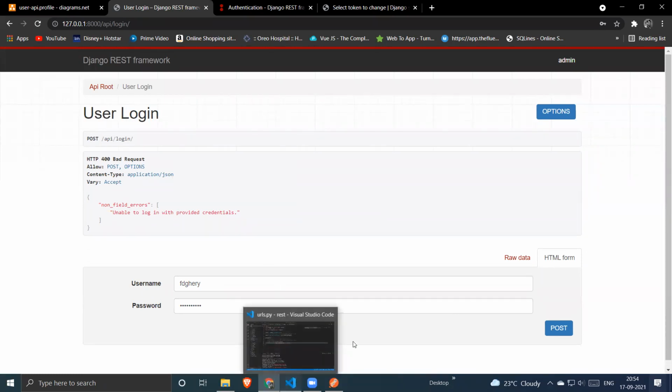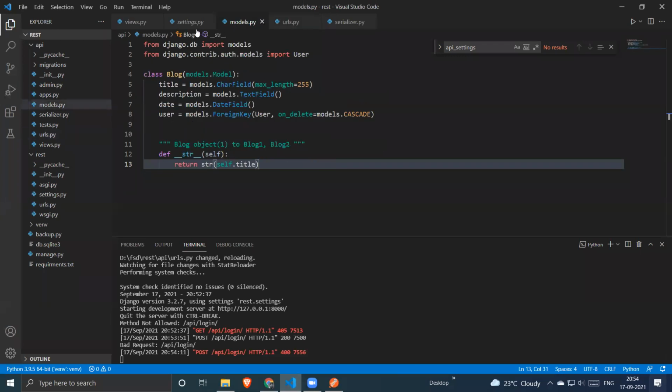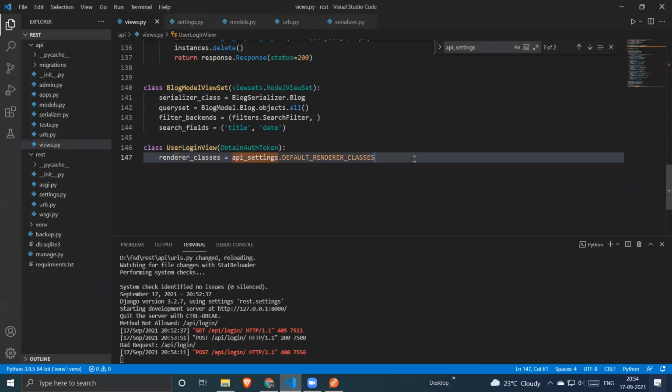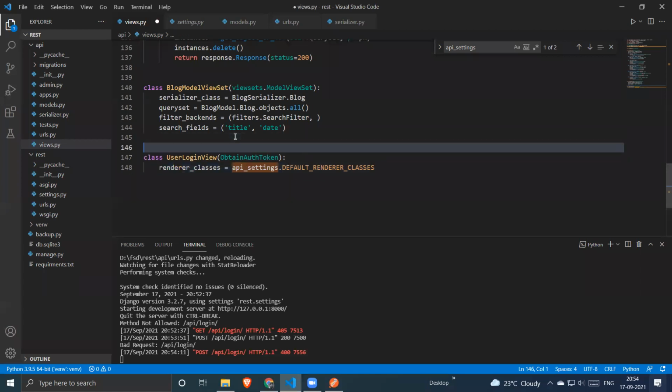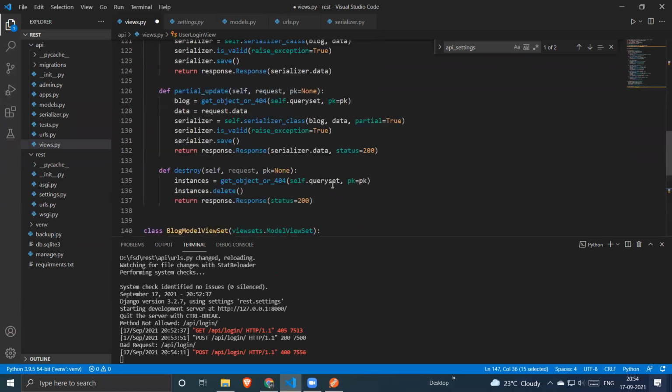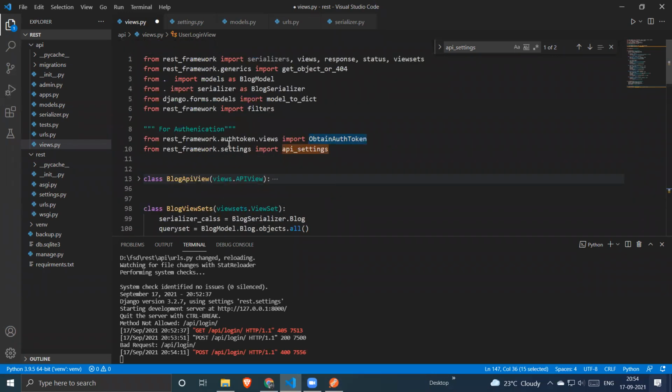Have we written any kind of validation or any kind of serializer? What we have to do, we have to just create a class which will be extended from the ObtainAuthToken, which is the subclass of authtoken dot views. What is this auth token? Auth token is an app.